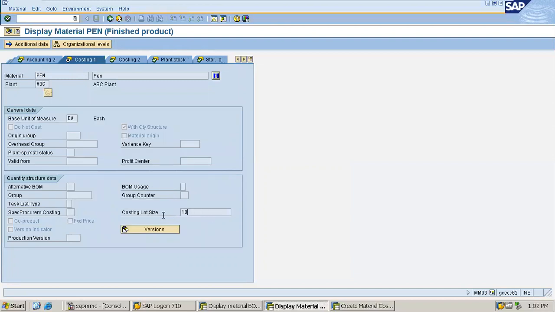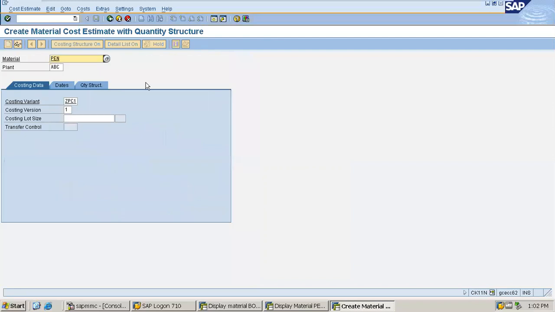Yes, costing lot size is 10. So if we want to produce one lot of pen, then 10 units of pen would be produced, as we will produce a lot. So anyway, now going to cost the material.